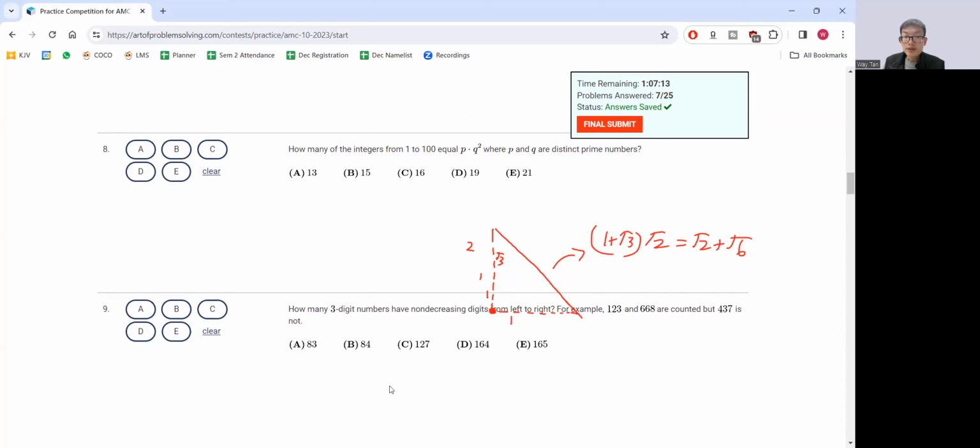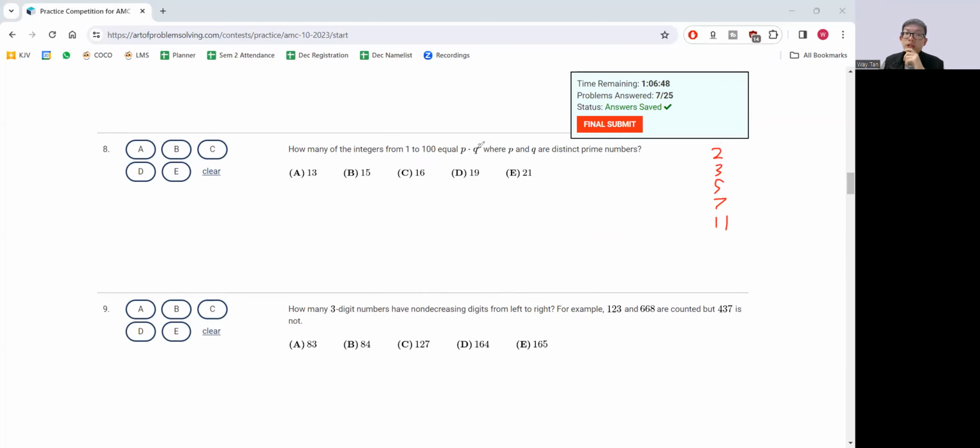Question 8. How many of the integers from 1 to 100 equal p times q squared, where p and q are distinct prime numbers? So I definitely need to list out some prime numbers here. How many do I need to list out? Okay,